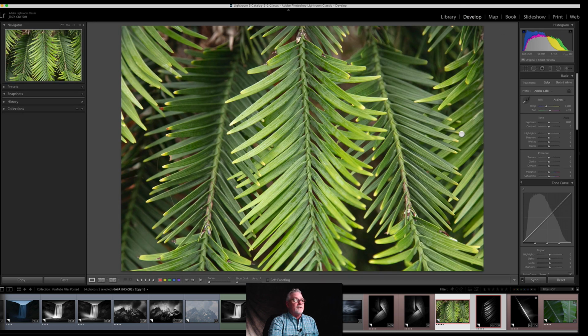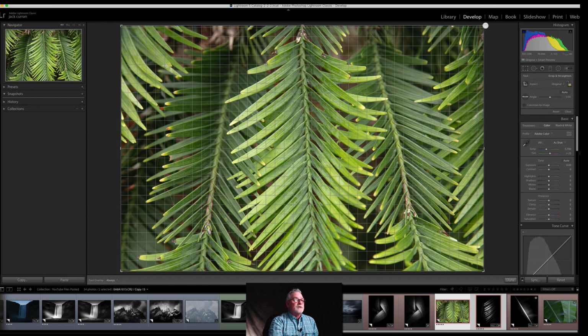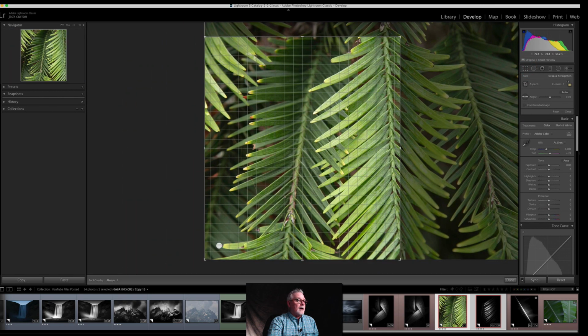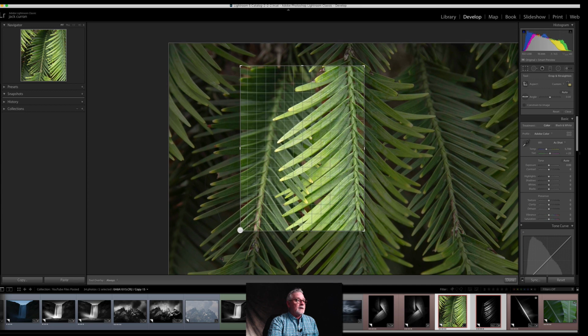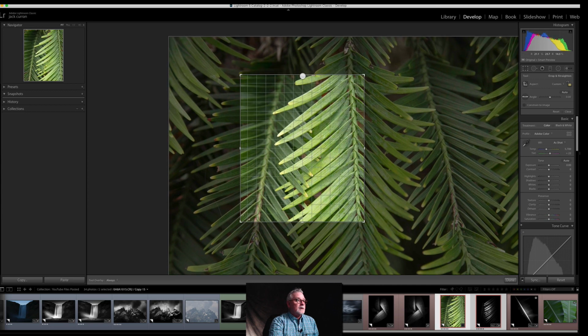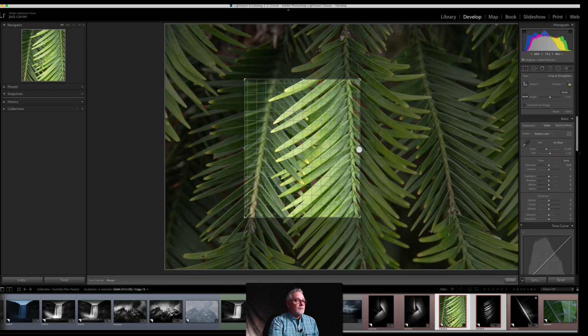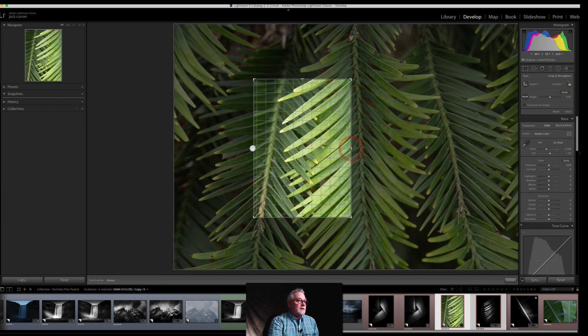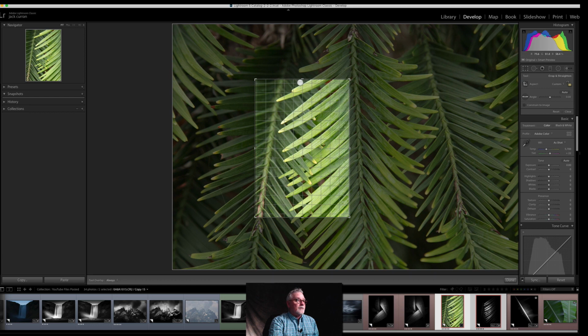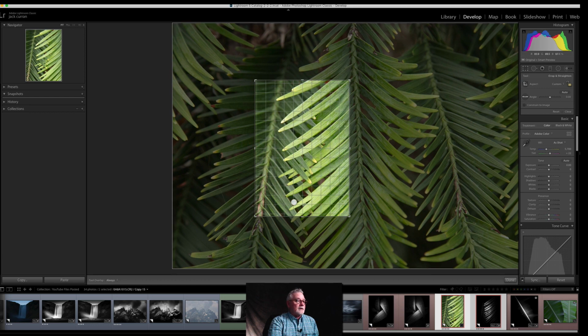Let me go into develop real quick and share with you kind of what I was looking at. I really didn't have my long lens with me, so I was looking at the intersection of these leaves right here, these palms, and trying to figure out how I could get this to tell more of a story. So that's kind of where I ended up